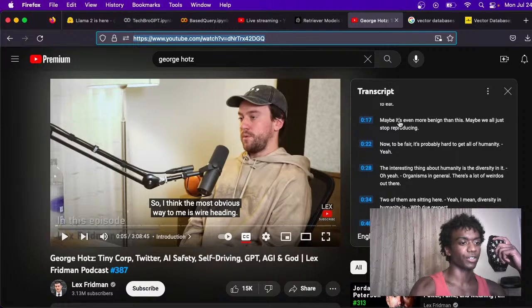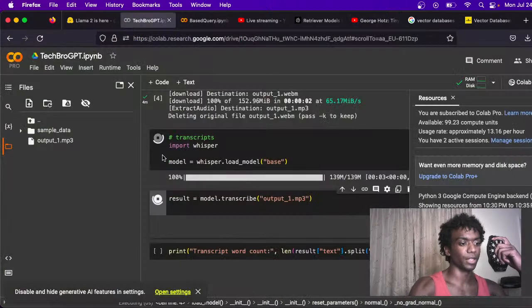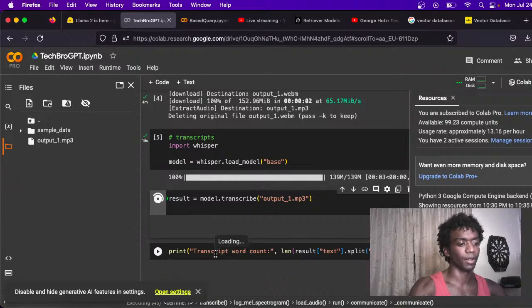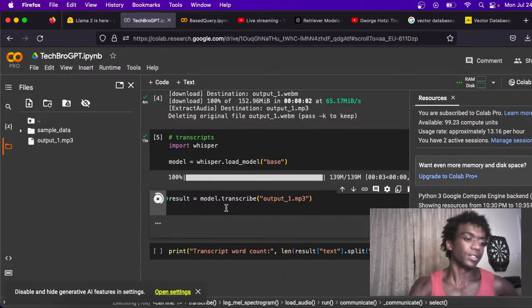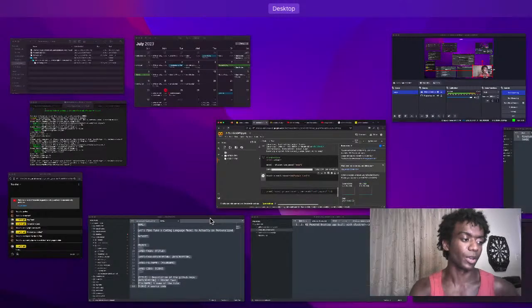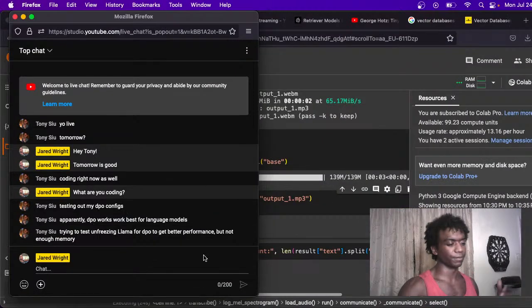We can actually just scrape this transcript, but we're using Whisper to get the podcast data, and eventually we're going to use this to create a retriever reader model. So we're going to embed the podcast using sentence transformers, and then use a query to